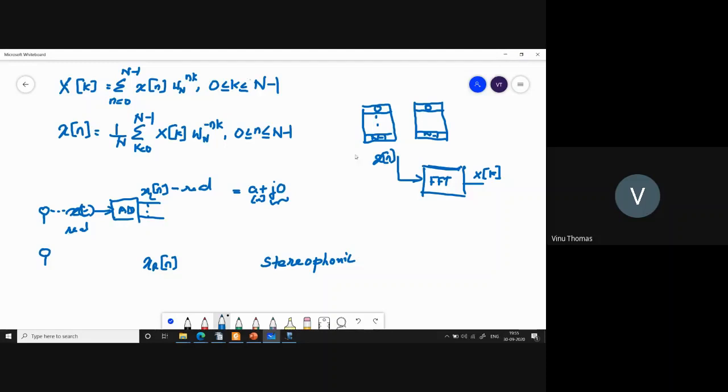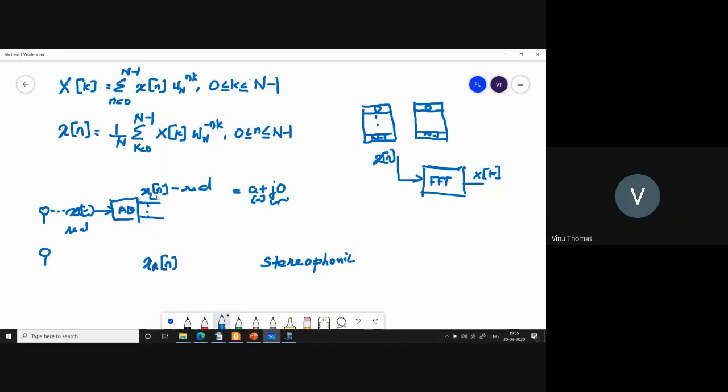So in today's class, we will be looking at efficient utilization of the DSP hardware to implement the FFT computation of two N-point sequences. We look at the sequences x1(n) and x2(n), both of them N-point sequences, simultaneously with one call to the FFT processor. Okay, so that is the first part that we will be discussing. So we have two N-point sequences x1(n) and x2(n).